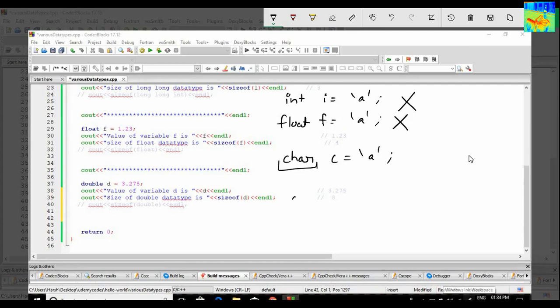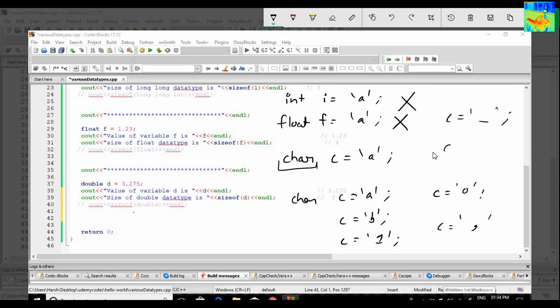So you can write char c equals 'A', c equals 'B', c equals character '1', c equals character '0', c equals character ',', c equals character space, and so on. Similarly we can write c equals character '$', and so on.